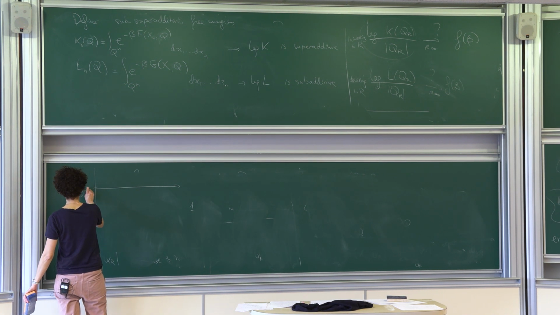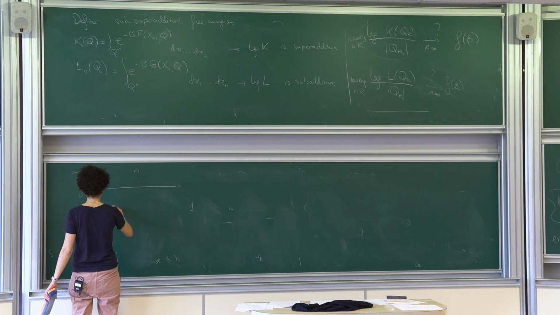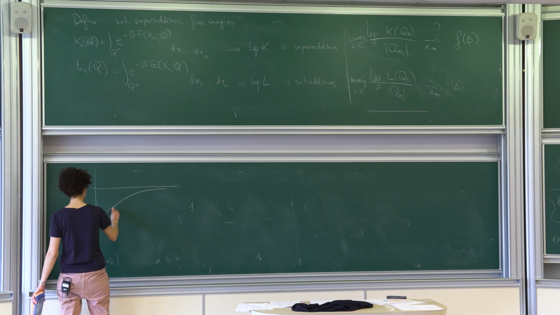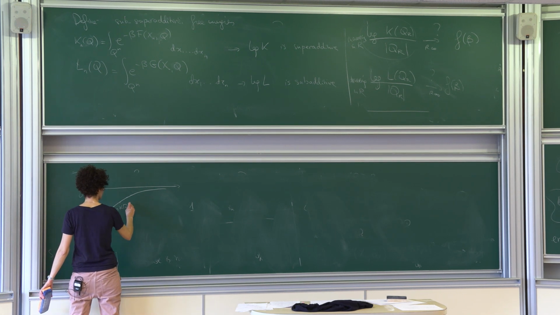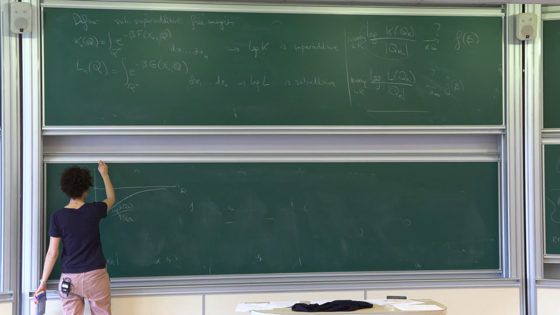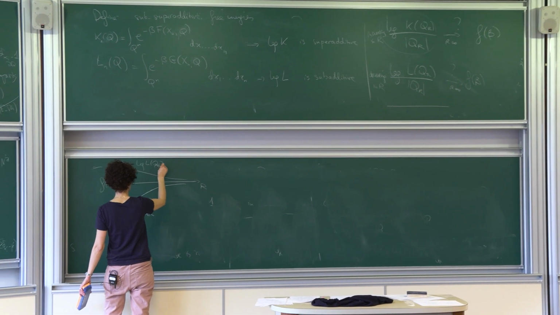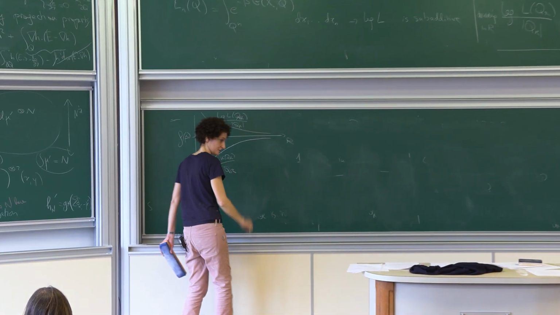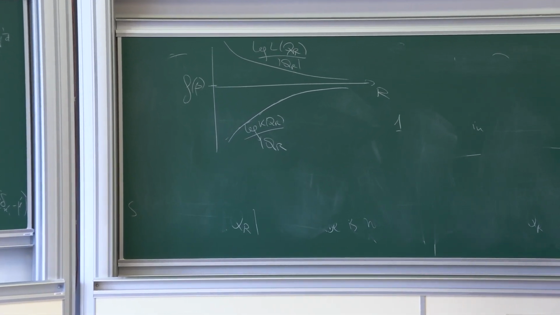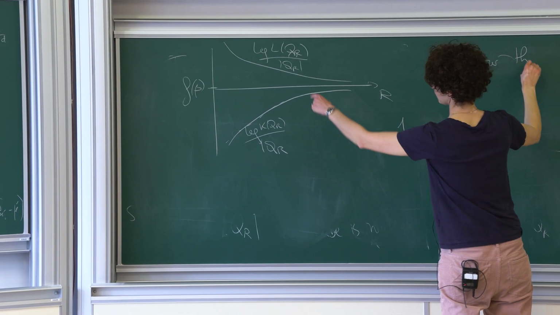This is f of beta, and so you think that log k is going to go like that. This is log k of qr. This is r. And log L, you think it's going to go like that. So if you can show that they're actually close to each other,